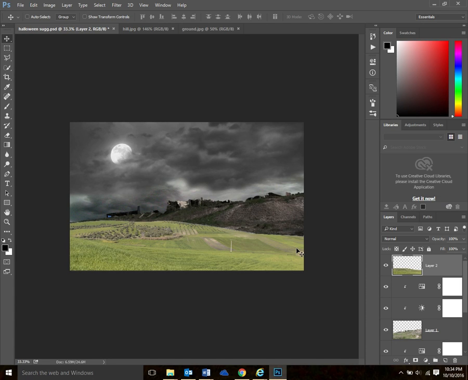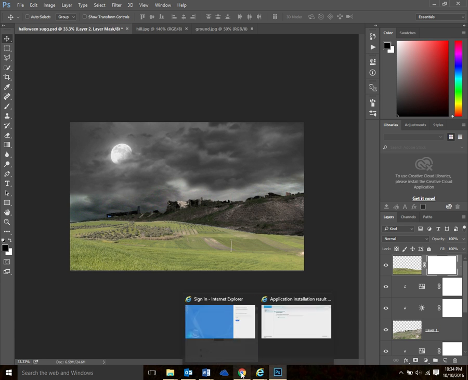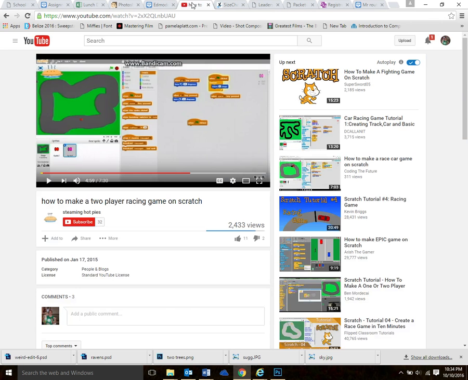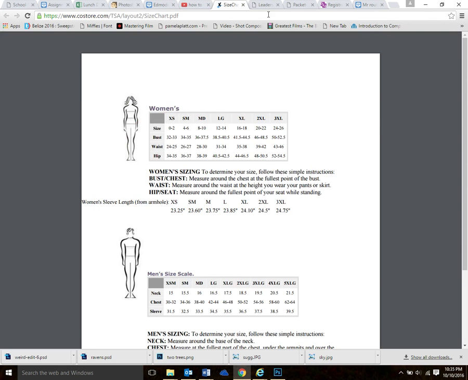So let me show you what we're going to do. To get ourselves a layer mask, we've got a nice mask down here. And there is my wonderful layer mask. Now let's take a look at, I was going to say the instructions. I don't know if I still have the instructions up. I have some,